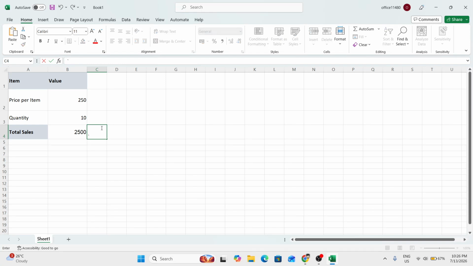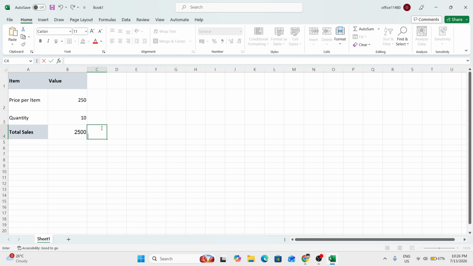In today's video, I'm going to teach you how to use GoalSeek in Excel. GoalSeek is one of Excel's what-if analysis tools, and it's designed to help you work backward from a desired result. Instead of manually guessing different numbers until your formula gives you the answer you want, GoalSeek calculates the needed input for you automatically. This is especially useful for sales targets, budgeting, pricing, or any situation where one value depends on